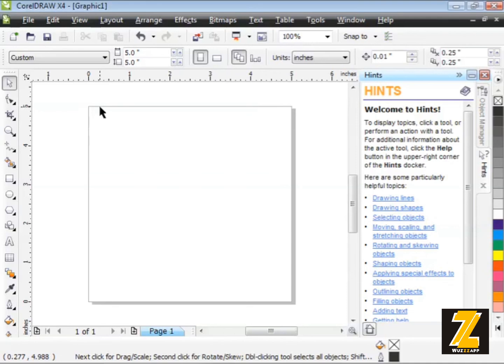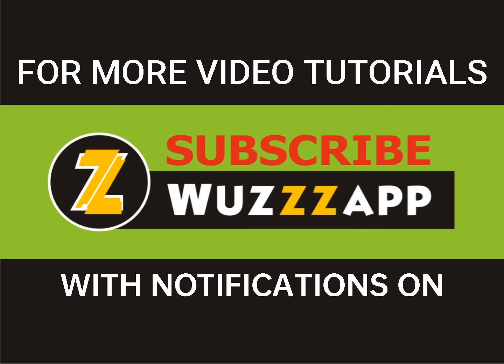Now, there's a few more things that I'd like to show you in regards to setting up your paper sizes and your documents, so let's take a look at that next. To change your